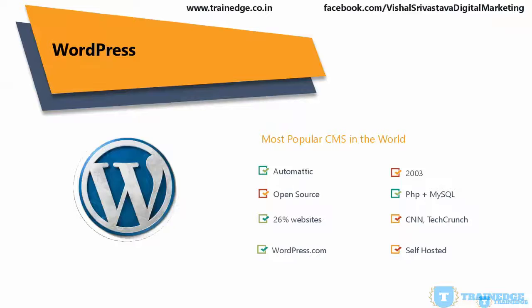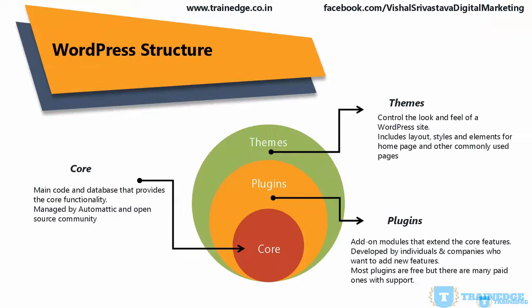WordPress has three things. One is its core, that is maintained by a company called Automattic that created WordPress. Then there are plugins. Plugins add functionality to your WordPress site. Any functionality you want, you can find a plugin, or you can write your own. And then there are themes that control the look and feel of your website. There are free themes like we are installing right now, and there are paid themes which have much more functionality. You can give your site any kind of look and feel or functionality based on the theme you choose.